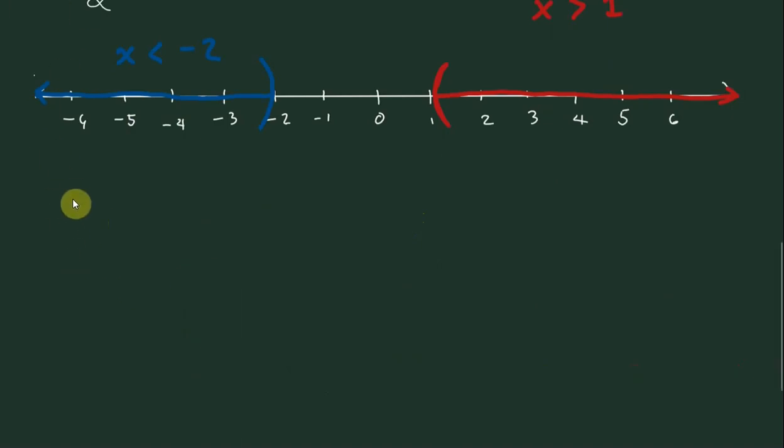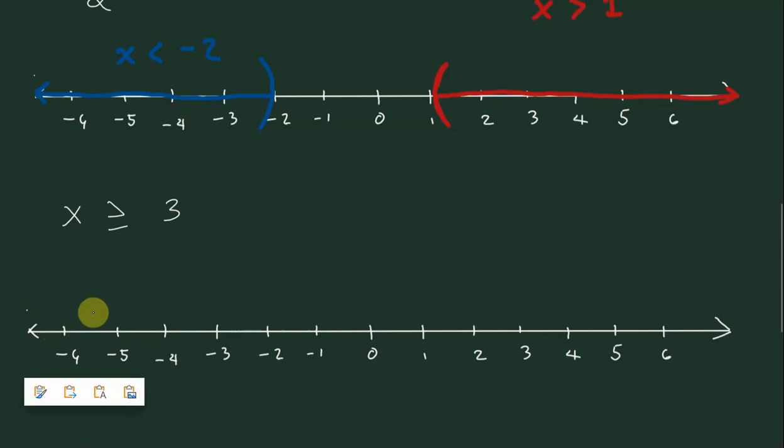So let's say we're given an example, x is greater than or equal to 3. Okay, so let's show that in the real number line. How will we graph that? For this, because it includes 3, because it is greater than or equal to 3,